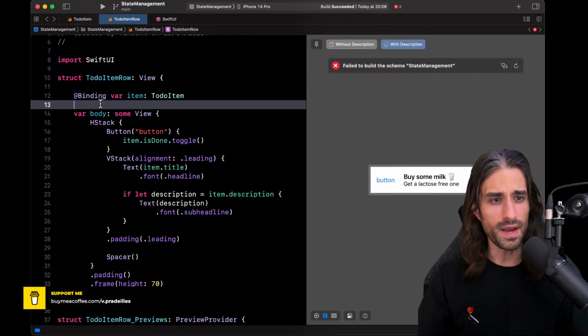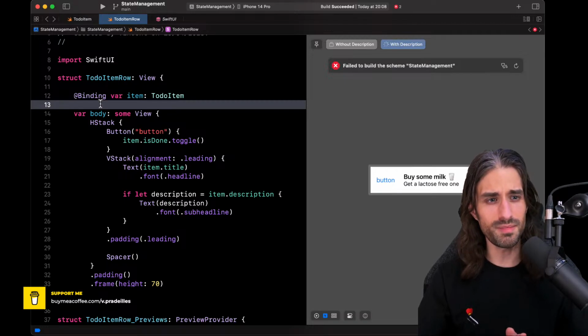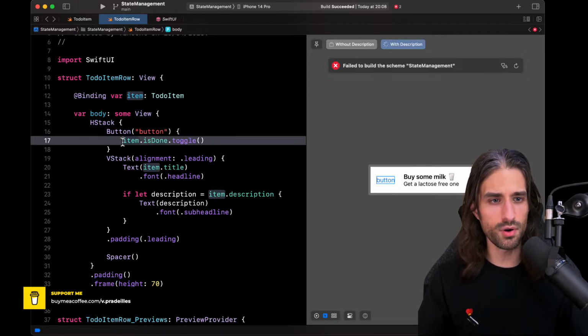And so by using Binding, we get basically the same feature that we would have gotten with @State, because we are still able to update the data in the view. We're still able to use it. The only difference is that now with @Binding, we say that to-do item row doesn't own the data, but it operates on it, and the data will be provided by its parent view or one of its ancestor views that owns the data.